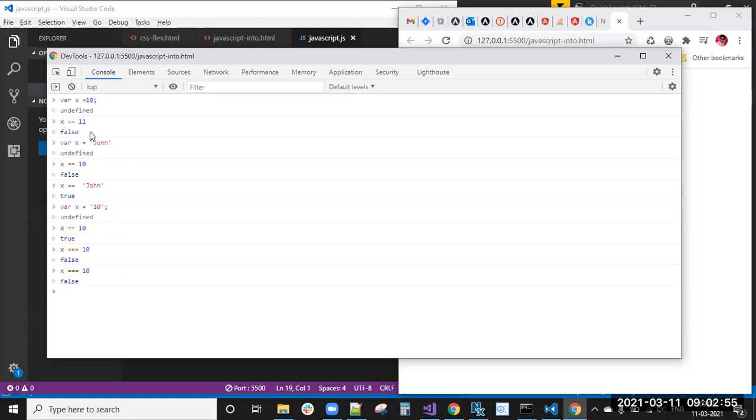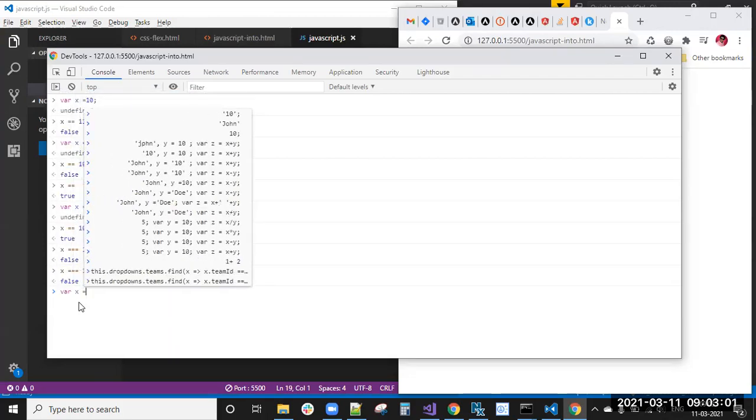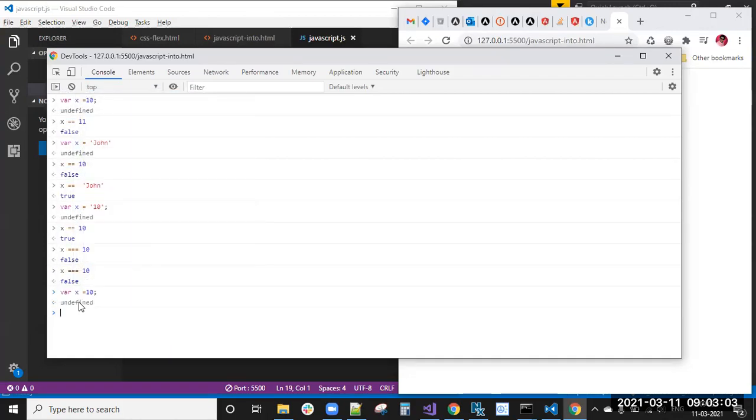So this is about single equal, double equal, triple equal. Next, we have where x equal to 10 and x plus equal to 5. So what does this mean? x plus equal to means, I'm writing in C, x equal to x plus 5.